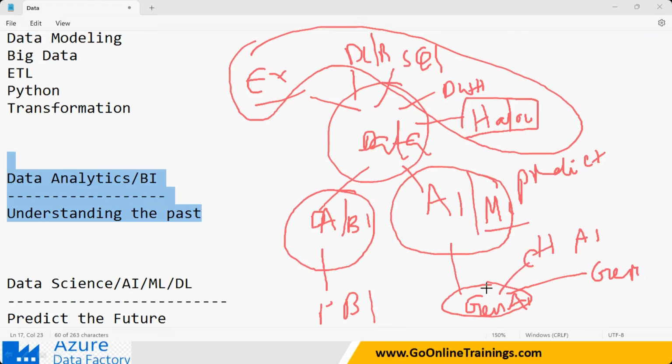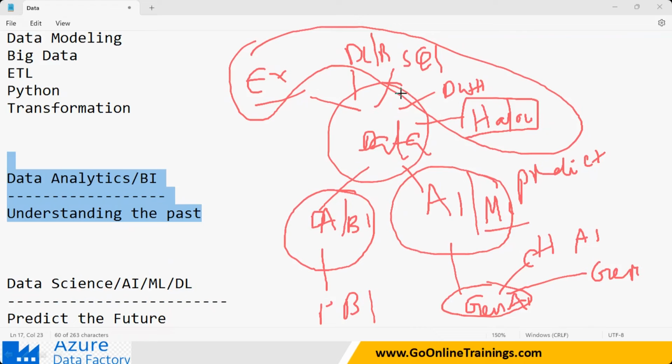Generative AI is not going to predict something. Remember, normally AI applications are going to be predicting, but generative AI applications are going to be generating some data. It may be audio data, video data, image data. It can generate. It will give you text or a video or audio. Chat GPT, Copilot from Microsoft, Google Gemini. All these are now called AI applications, or more precisely generative AI applications.